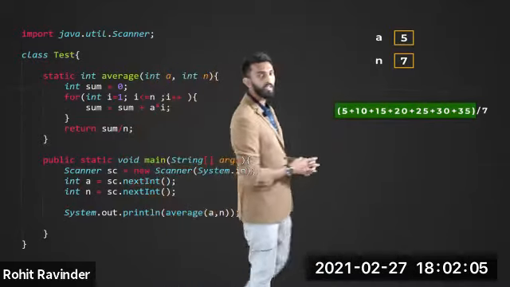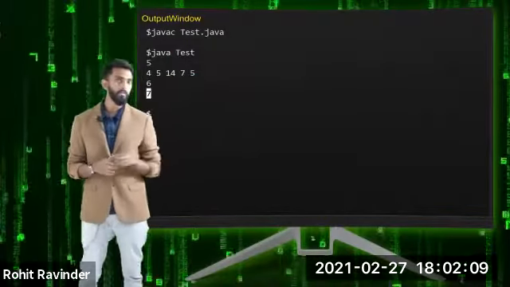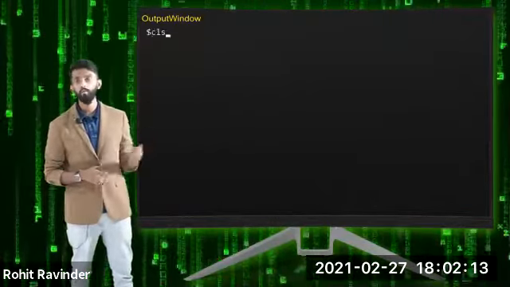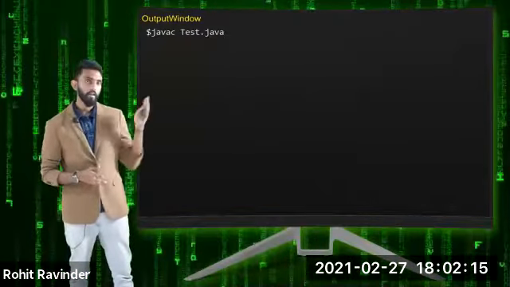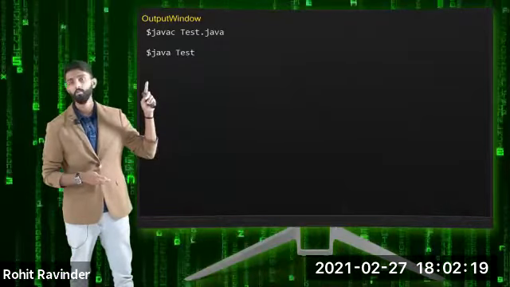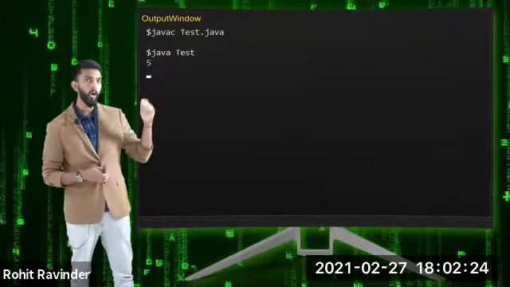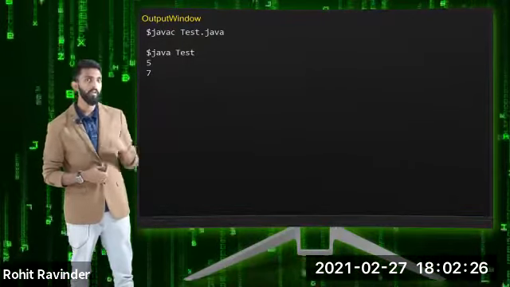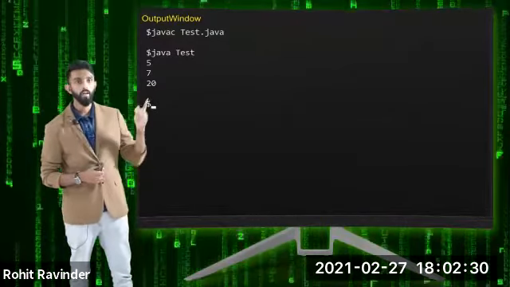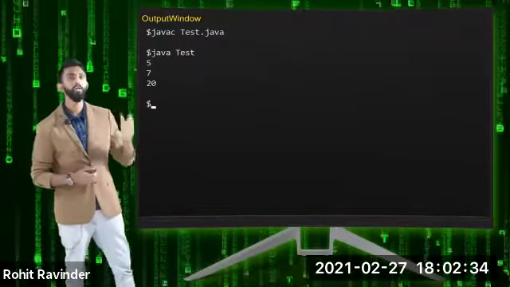If I just take you to my execution window, and I clear the previous output and put in the relevant command, compile, no issues. If I execute it, you can notice the cursor is blinking. First I will give a value, which is 5. Next I will say how many multiples, 7. If I press average, I should get 120 divided by 7, right? Or 140 it was. 140 divided by 7 is 20.